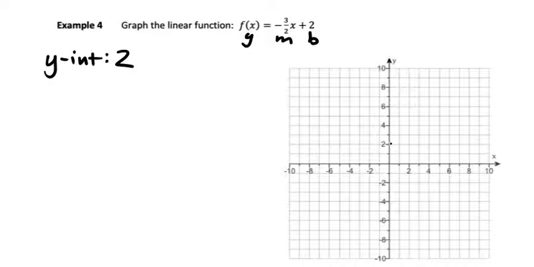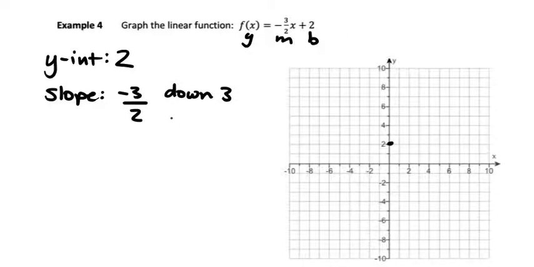That means I'm going to plot 2 on the y-axis. And then from that point, I'm going to use my slope to find a second point. Now the slope here is negative 3/2. I'm going to put the negative sign on the 3 instead of out front because it's easier when it's on one of the specific numbers. So this is telling me to count down 3 and to the right